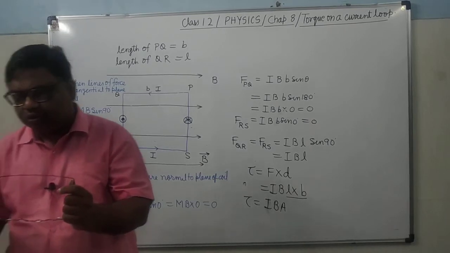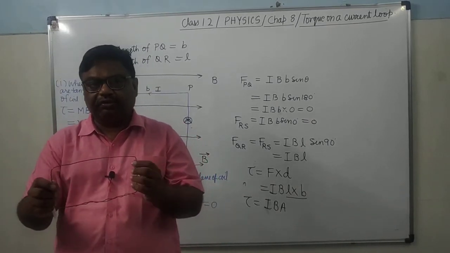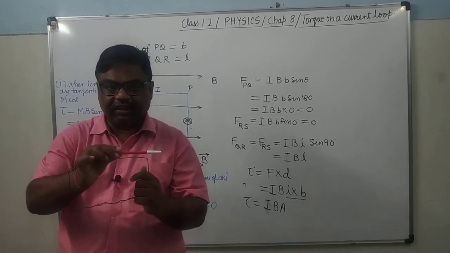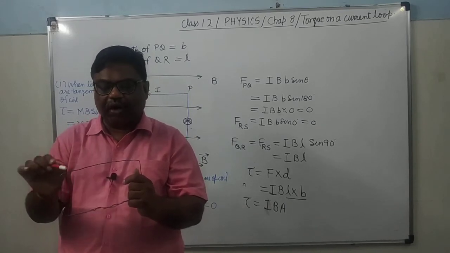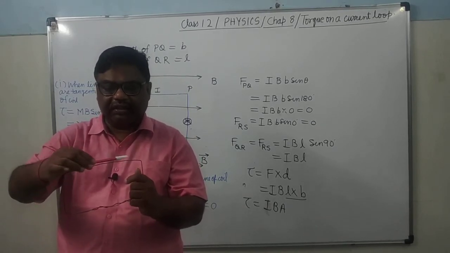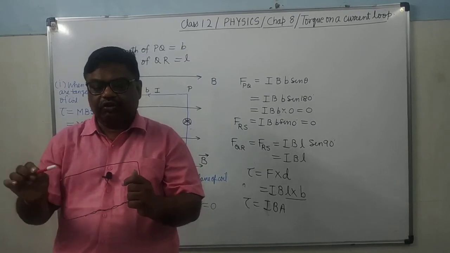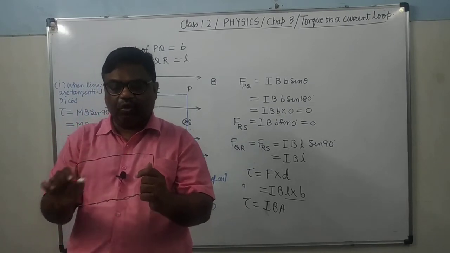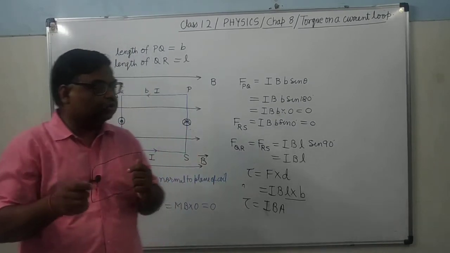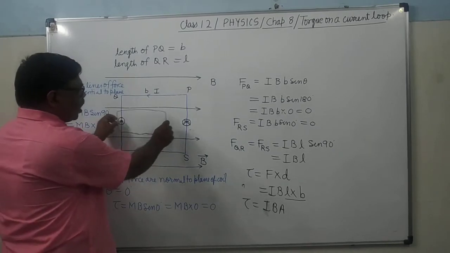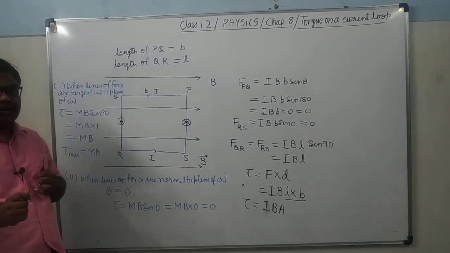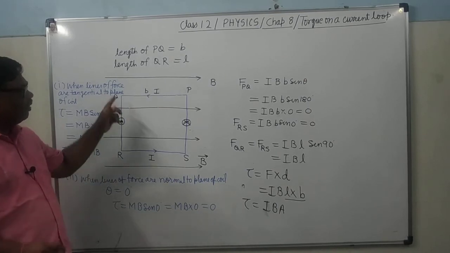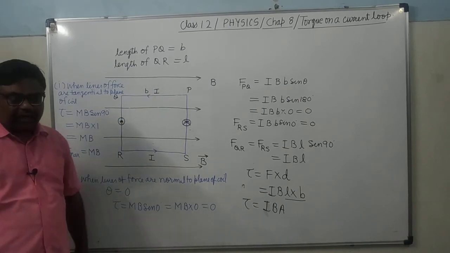So as soon as it will rotate, so see here magnetic field is in this direction, and what will happen here? Current is in this direction, current will flow along this. So on this segment now force will not be zero. On segment PQ and on segment RS, force was zero when the plane of coil was tangential to magnetic field. It's clear? But now as soon as it rotates, there will be force on segment PQ as well as RS.